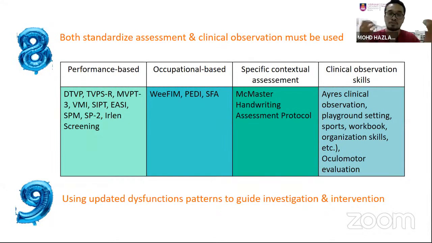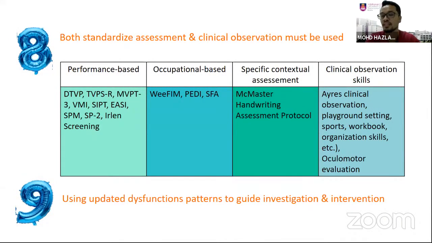Then when the child comes to you with a specific kind of problem, you can choose which assessment assesses what. And then you also need to do occupation-based assessments, such as the PEDI-CAT and others, to further investigate whether the child's visual perception skill could affect other occupational participation. Or you can choose a specific contextual assessment. If you think the significant problem is mostly handwriting, do the MHA handwriting assessment protocol, or if you have another assessment, just do that one, okay?